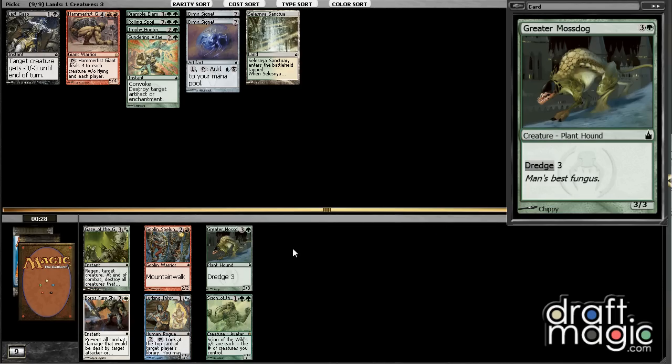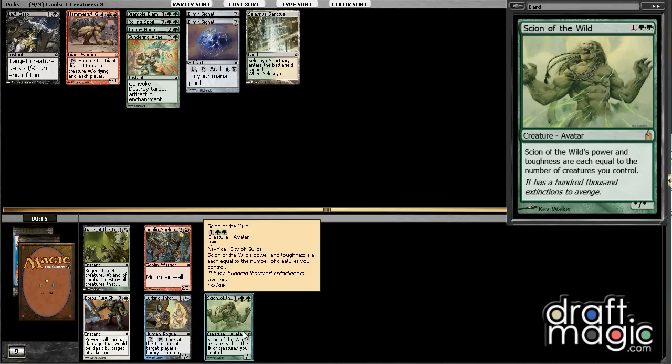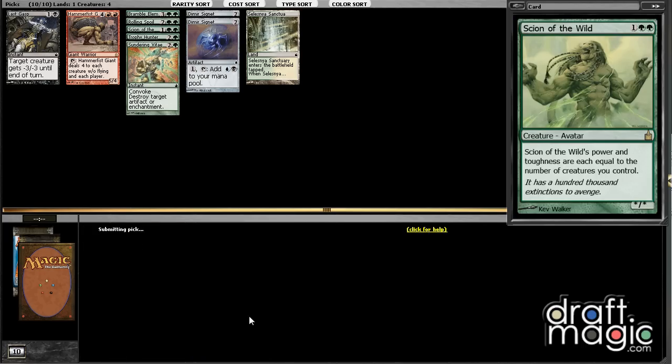Ooh, Scion came back? Well, I guess green's open, with the Moss Dog also in the pack. I'm going to take the Scion, though. Didn't get any token producers, but even without those, I think he's fine. A little rough on the mana. I could just take a Moss Dog, but